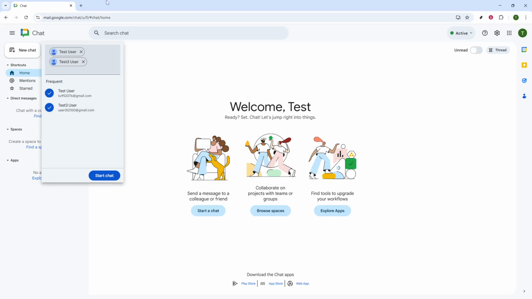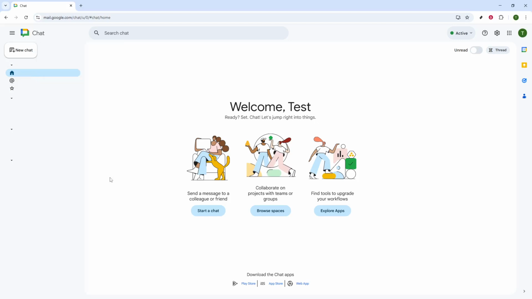Simply click on the correct names or emails to add them to your chat. As your list of selected contacts builds up, you may find it helpful to double-check that you've selected the correct individuals. Once you're satisfied with your selections, the final step is charmingly straightforward. Just click the Start Chat button. There you have it. Google Chat has now opened a new chat window, and you're ready to start typing your